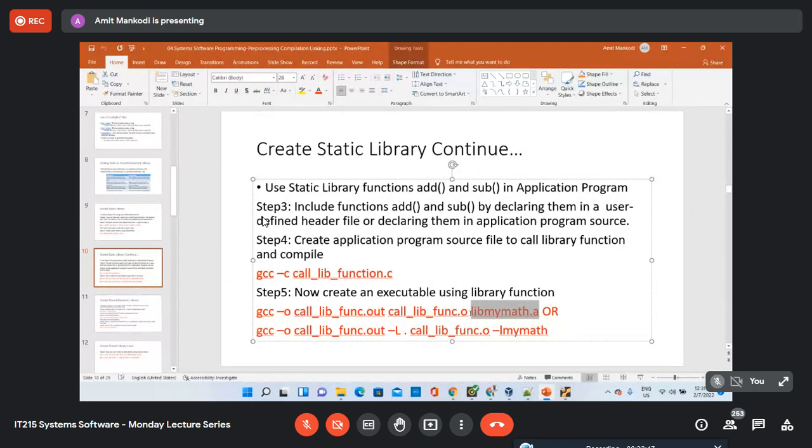We didn't provide the path because this particular library is in the current directory only. But if you had included, let's say, the math library, then you would have to provide the complete path. So in this case, we didn't because it is in the current directory. Instead, if you want to search for the library file using just the name,